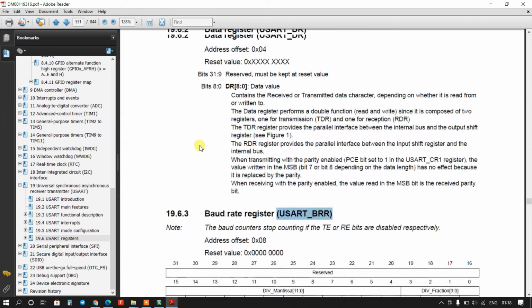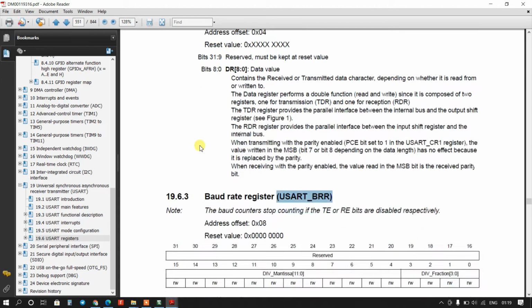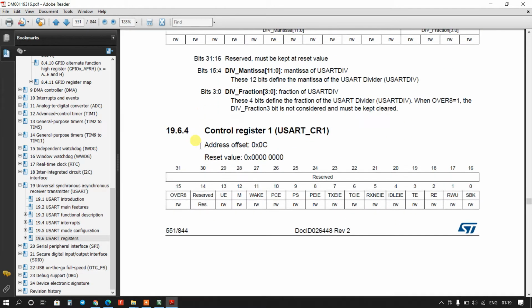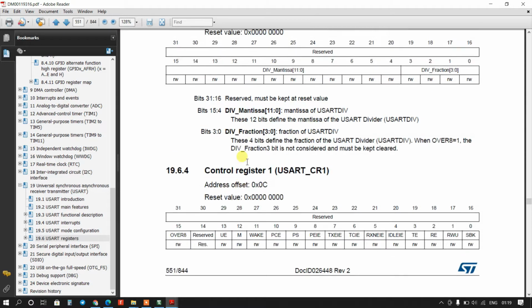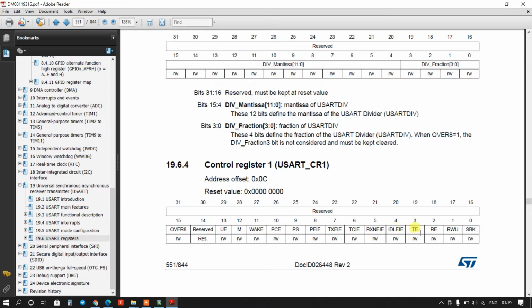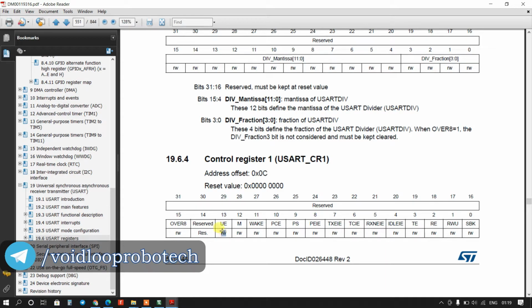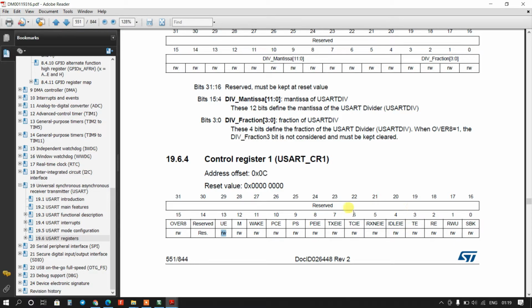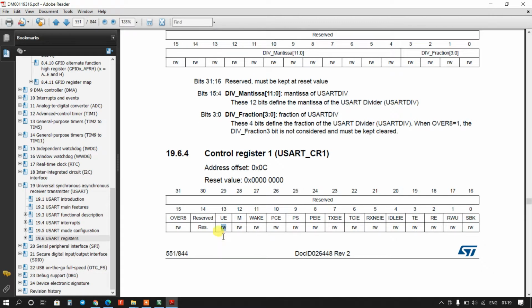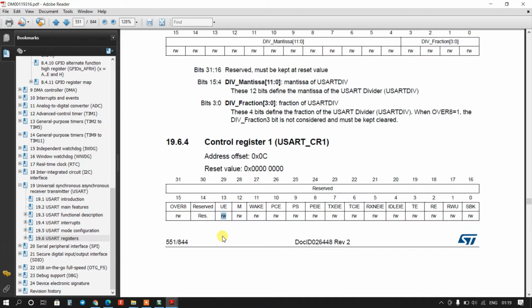So we will go to control register 1. This is control register 1. This is the transmitter enable bit and this is the UART enable bit. So we have to set bit 13 and bit 3 to enable the transmitter and to enable the USART2.